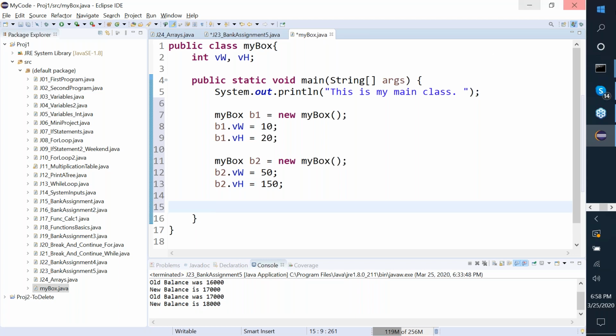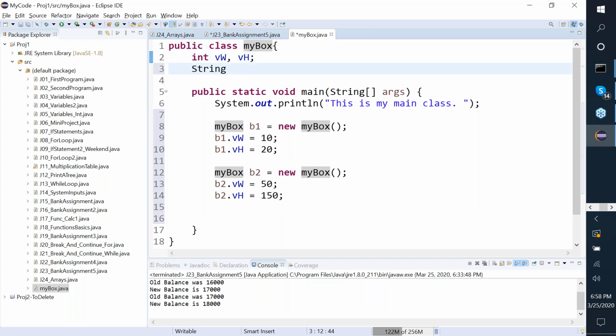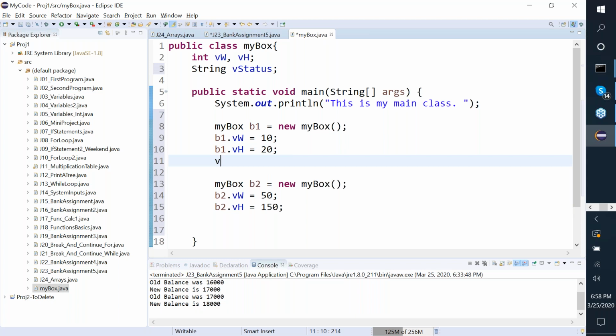So basically what we have done, team, is this is a class called my box, and for that I can have various things for it. So I can have something like b status. Now status for this is